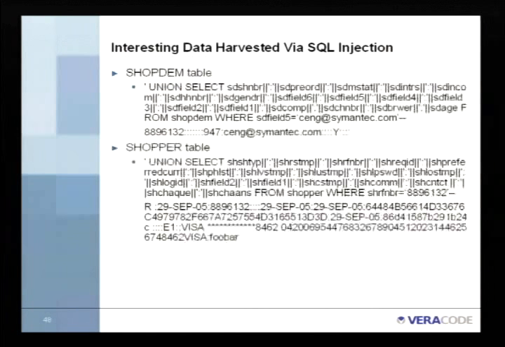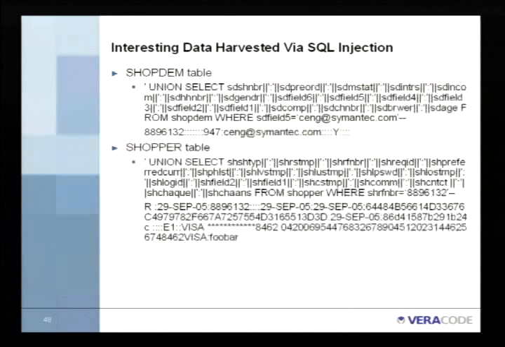Okay, so here's an application we're looking at. This one was a retail application. So in your profile, you had information stored about you and your credit card and things like that. Through a separate vulnerability in the application, a different SQL injection error, we were able to dump the content of the database. Hundreds and hundreds of tables, but these were the ones that were interesting. So you can see that that one table contains maybe a number and some stuff about me, and I should have changed my email address